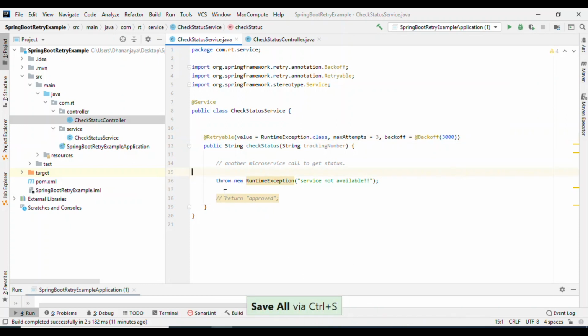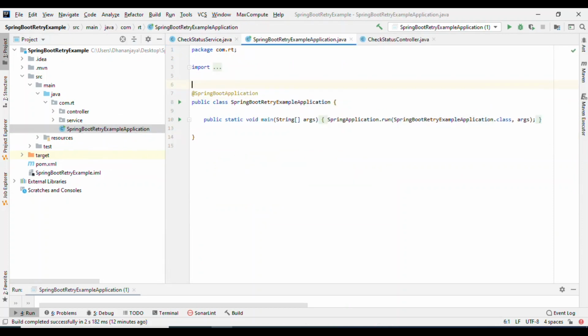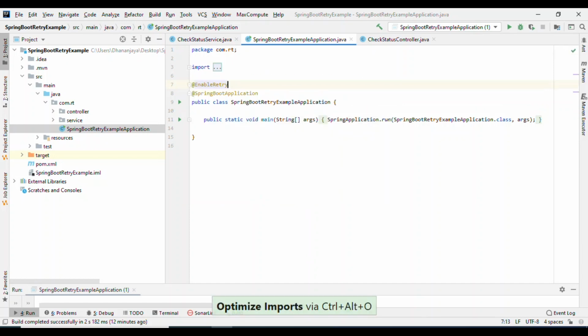Let's try and see whether we are able to call that service 3 times or not. Before starting the application, let me add a sysout here: calling another service to get status. Before starting the server we need to enable the retry mechanism. Let's go to the main class and write @EnableRetry.